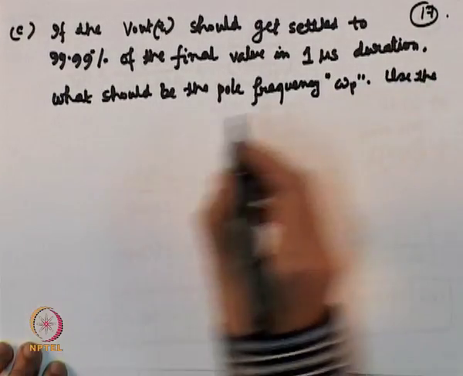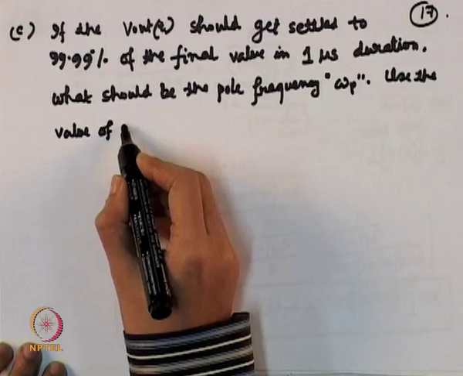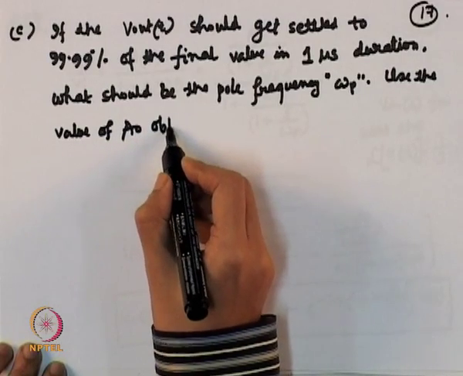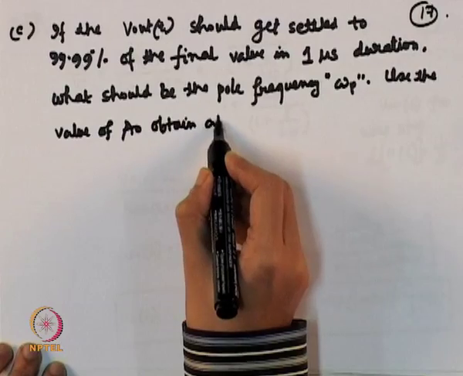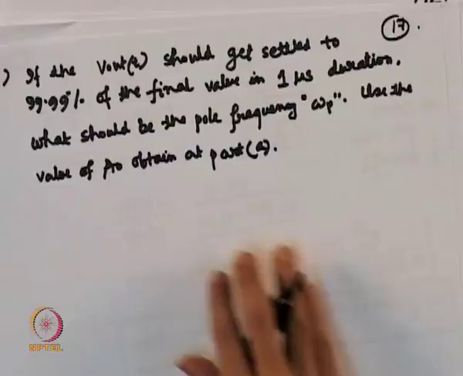Use the value of A0 obtained in part A. So, what actually we have to see,